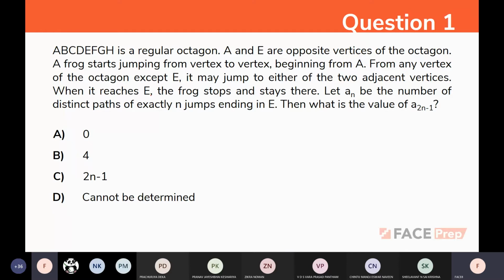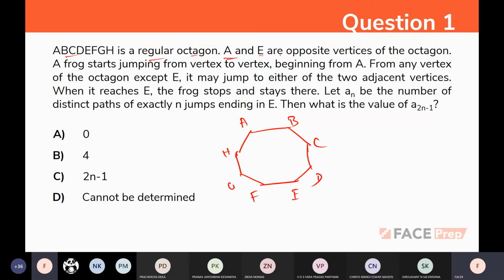So this question also needs no formula or rule. This depends on understanding only. So anyone tell me how many faces will be in an octagon? How many faces will be there in an octagon? 8. Nice. So it is 8. 1, 2, 3, 4, 5, 6, 7, 8. A, B, C, D, E, F, G, H. So that's given in the first point.